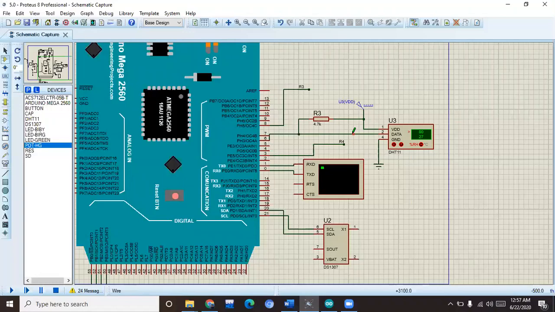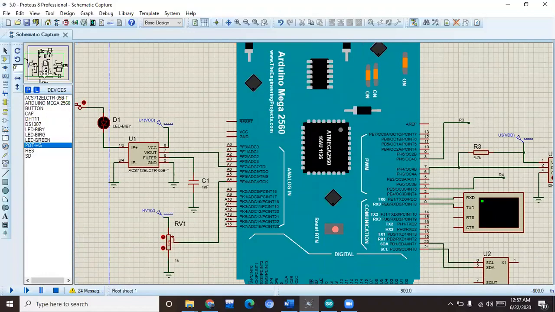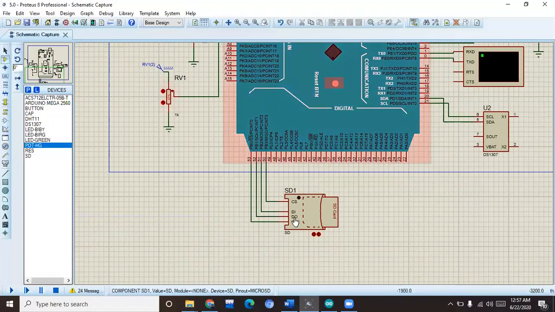For example, it shows us that this reading was taken at this interval and the next reading in the second interval, so it can give the readings at different intervals of time. And after that, the last one is the SD card.